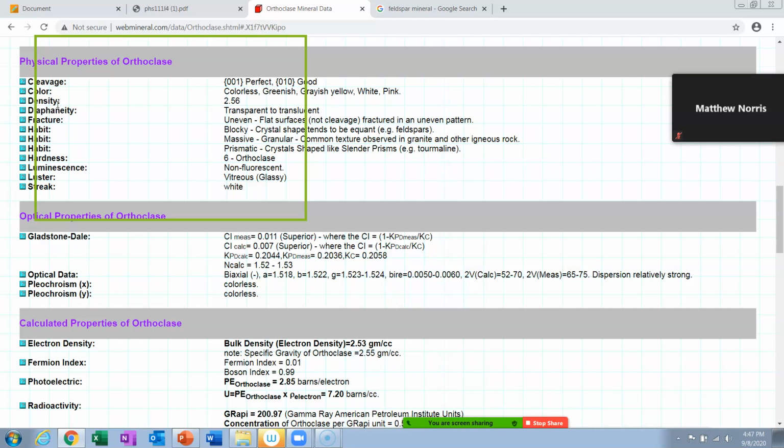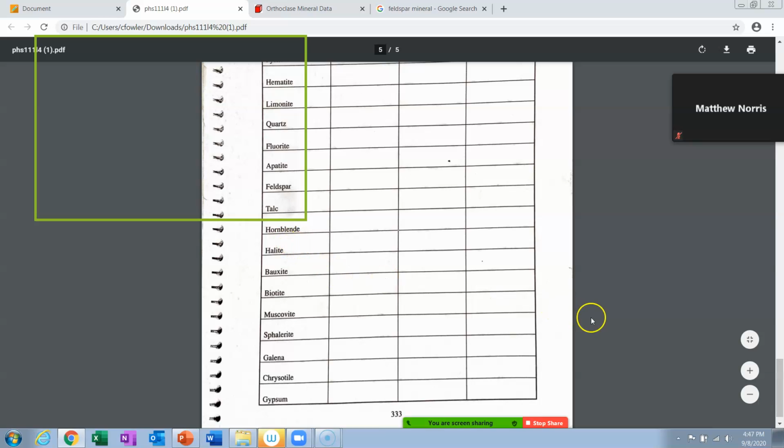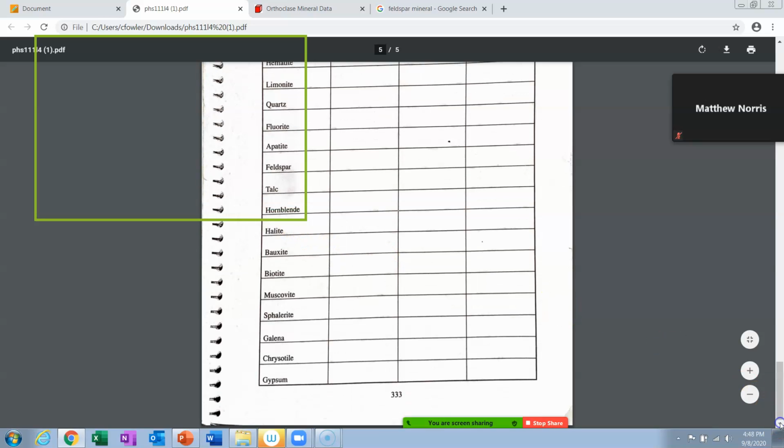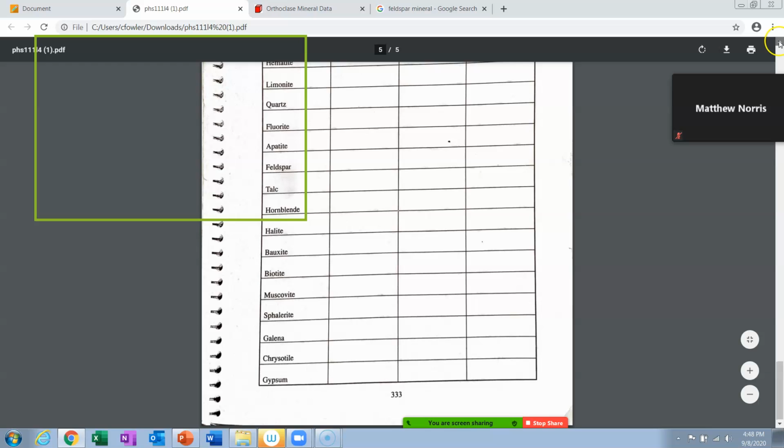Okay. Now, I can hang with you as long as you have questions, or I know that when you're looking at mine, you can't be looking up things of your own. So you let me know if there's anything else you want me to show you. I can think of at least one more. I want to say hornblende might be one, but let's just see if we can get hornblende. Actually, I know of a better one.